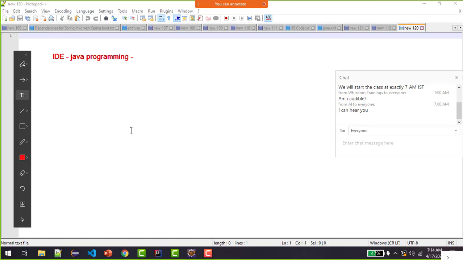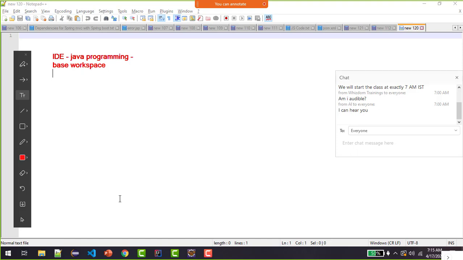Now what does it have? It contains a base workspace, right? The workspace to create your project, and it gives you the extensible plugin system for customizing the environment. Customizing the environment for what? Ultimately we are writing Java code, we are trying to create an application.